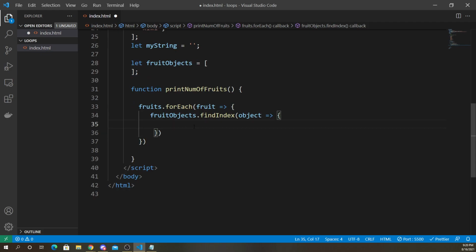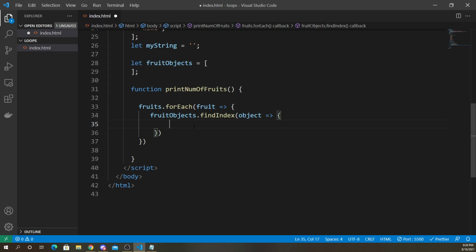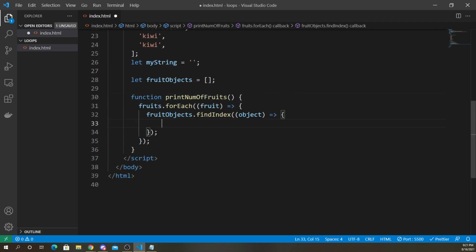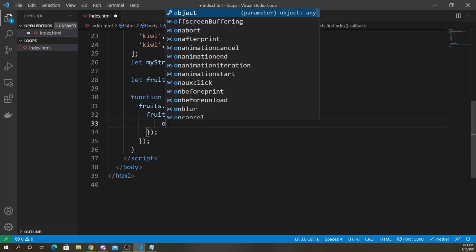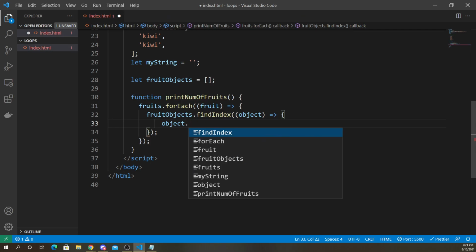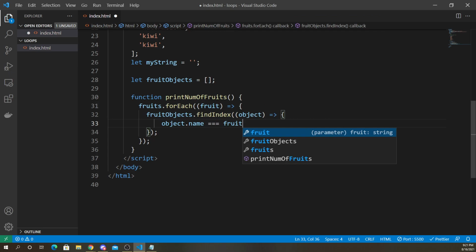We're gonna look for if the object dot name is equal to fruit,